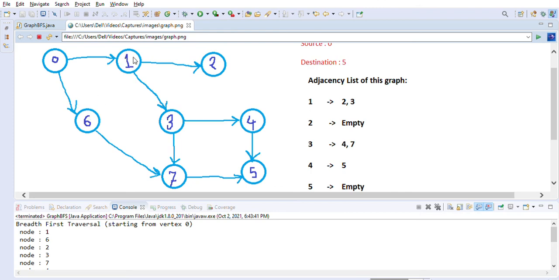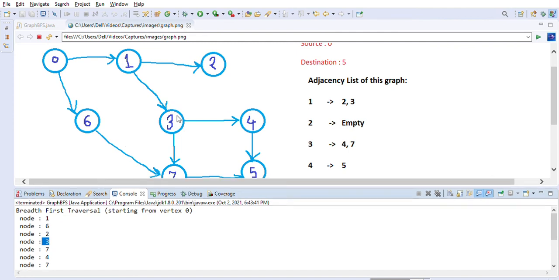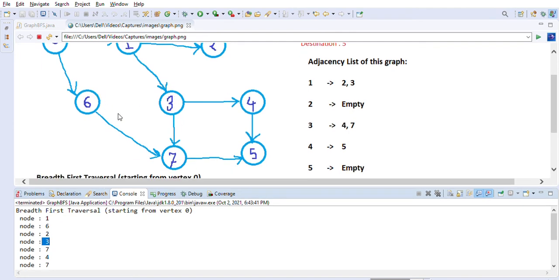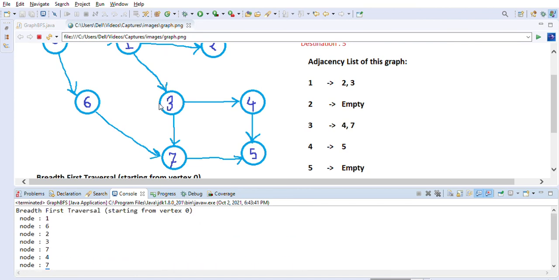And then from 1 you go to its children, which is 2 and 3, as you can see here, right? After that you go to 7 and 4, meaning 6's neighbor is 7, then you go to 7, and from 3 you go to its neighbor 4, and then 5, right? 7 is coming two times, because you are trying to go from here first and here, but you will not process it because we have that visited array, right? So it is just printed because of that. And then node 5 at the end. So that is how the BFS works internally, correct?